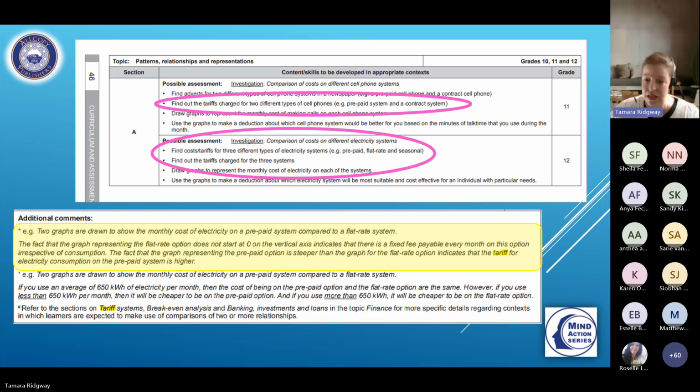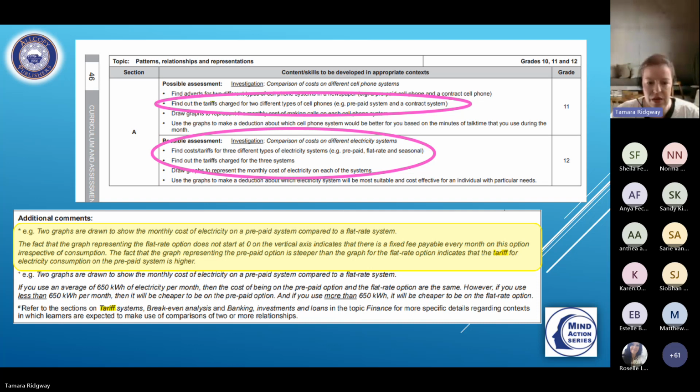Another example here, still under patterns and relationships, is to find out the tariffs charged for 2 different types of cell phones. It's just an example, that's all. Prepaid versus contract. Again, a possible assessment, and I just wanted to put this in here so that you can see the different ways that tariffs can be tested,